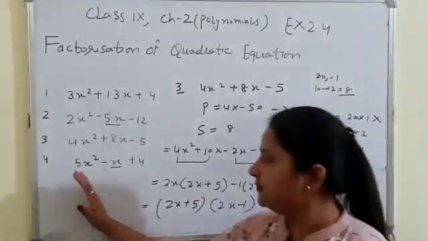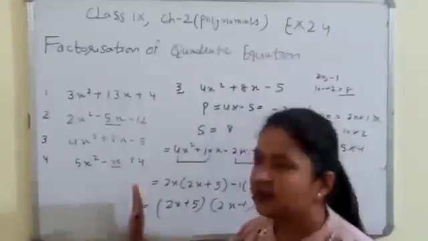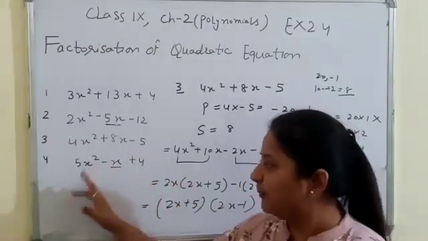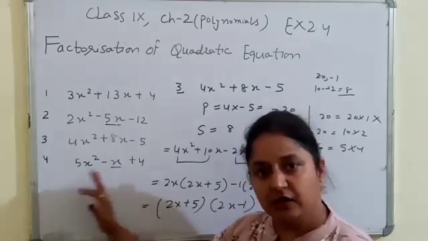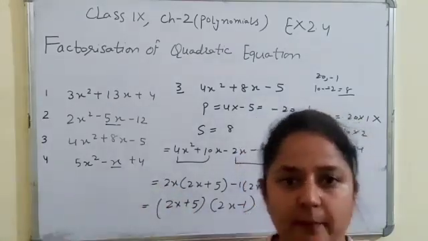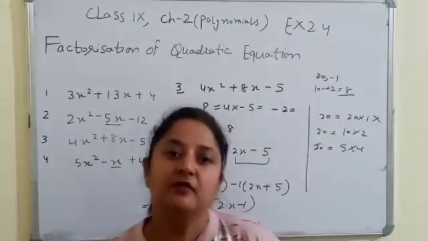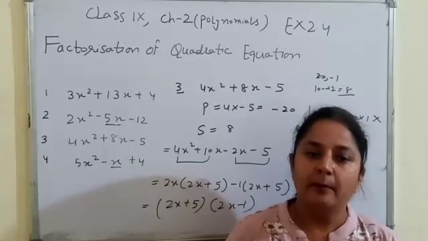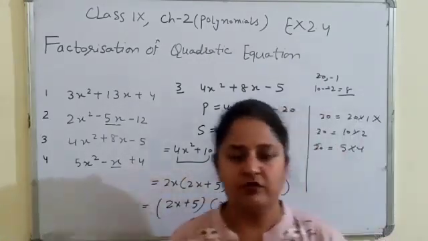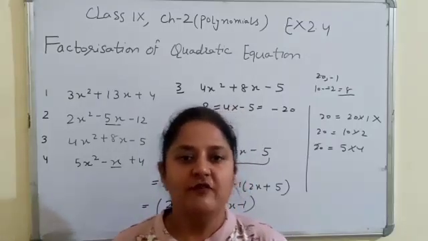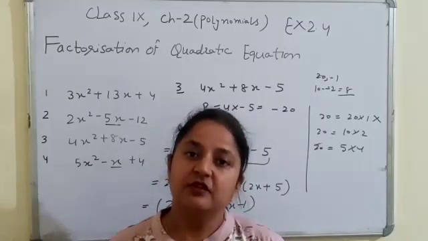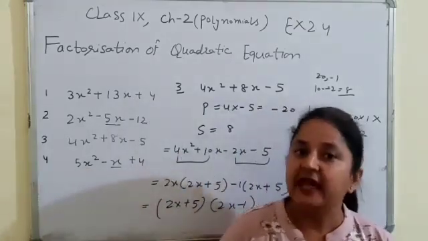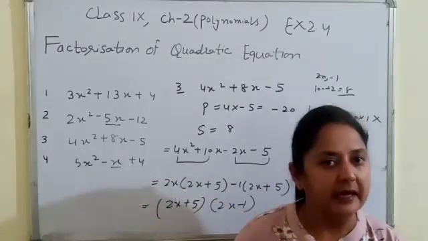Now in the last case we will discuss when the first and last terms are positive and the second term is negative. You have to remember this thing: when the product of two numbers is positive and their sum is negative, you have to take care of one thing. In this case, when we split the product of the first and third coefficients, both factors should be in the negative form, because when we multiply two negative numbers, their result is positive and their addition is negative.